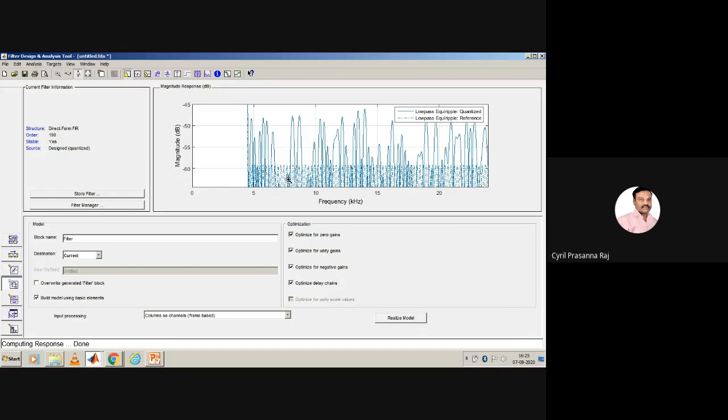So this is the response of the filter. See, this is 5 kilohertz. Somewhere at 6 kilohertz, it could be somewhere here, there is a significant amplitude available. That is where you are able to see that it is able to pass.